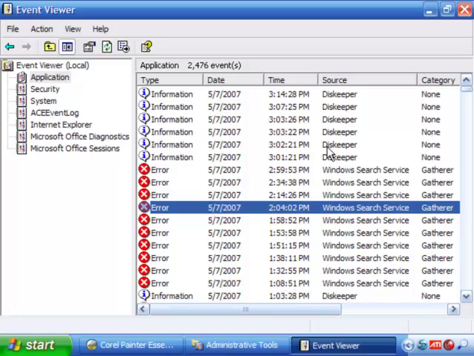Alright, so there are three different types of entries in this Event Viewer. We have informationals, which are